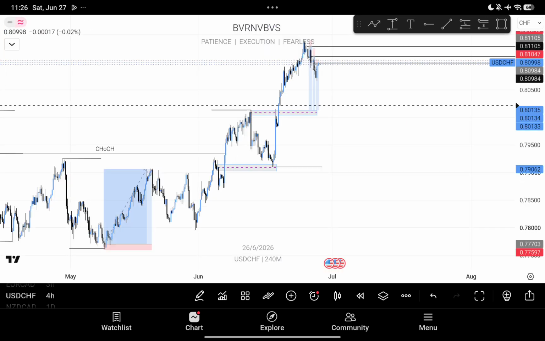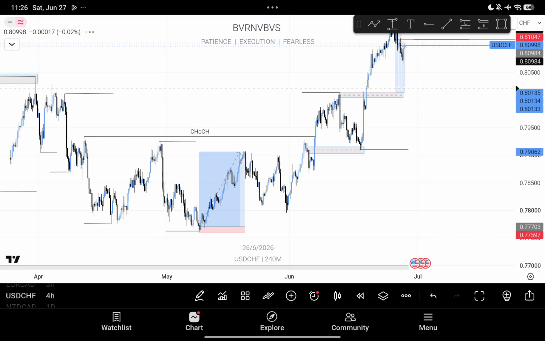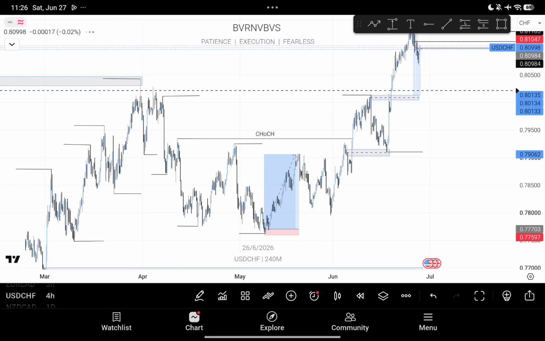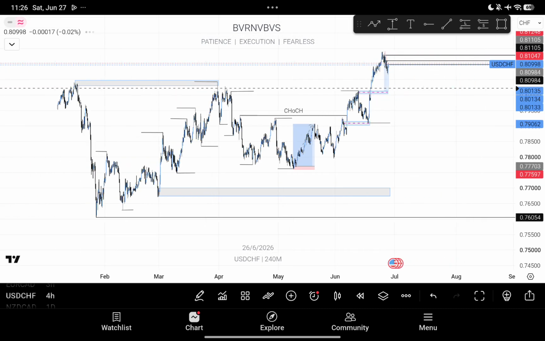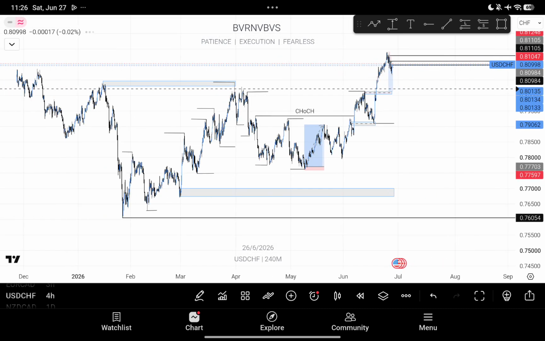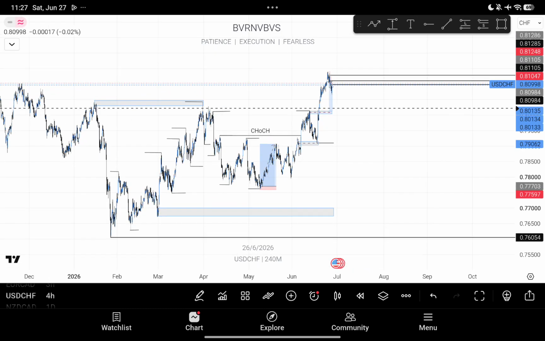So this is USD CHF. I can't say this is my favorite pair, and it's not at the moment, because this pair has shown me a lot of losses, and I had those losses due to